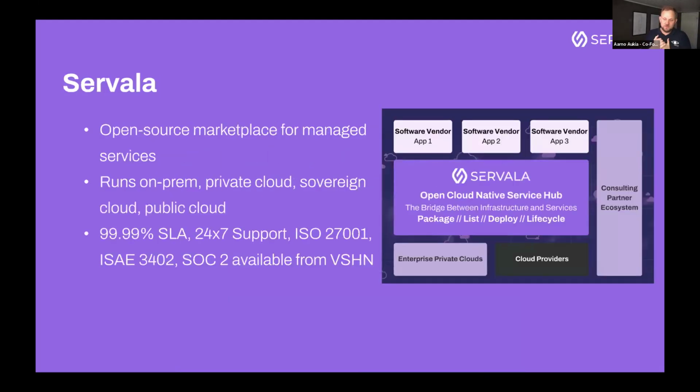We created the open source marketplace for managed services. So it can run on-prem, it can run in the private cloud, it can run in the sovereign cloud, it can run in the public cloud, wherever you want. And so Servala basically connects software vendors, also called ISVs, on one side on top, with enterprise private clouds and public cloud providers. And Servala takes care of all the packaging, deploying, 24/7 support, updating, lifecycle management, and so on,